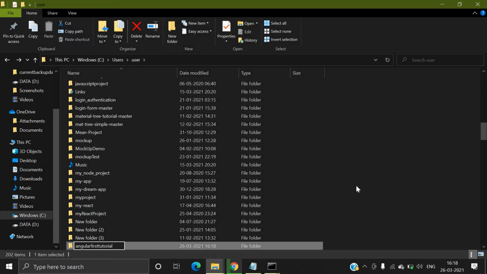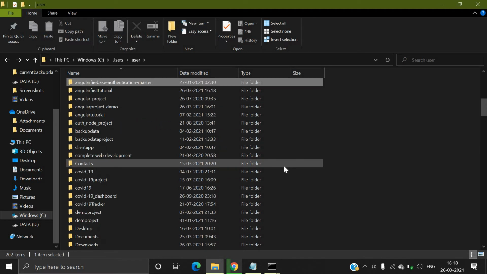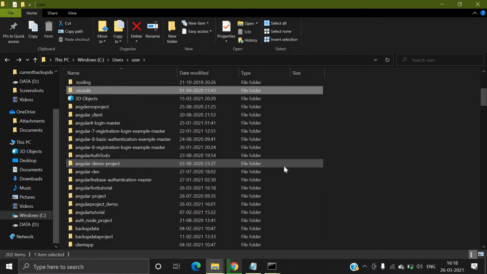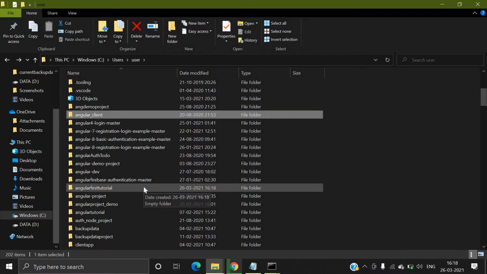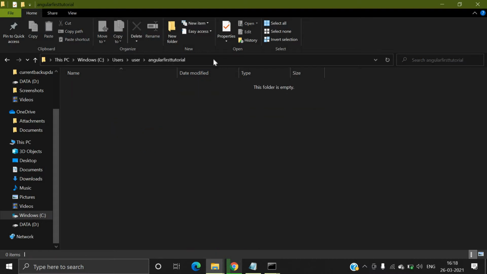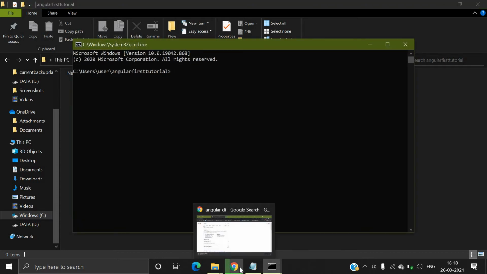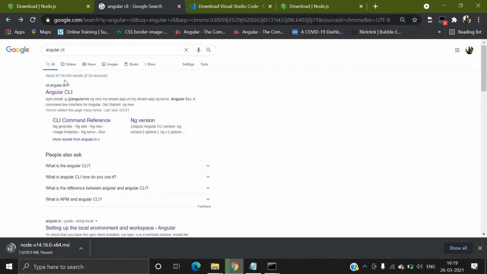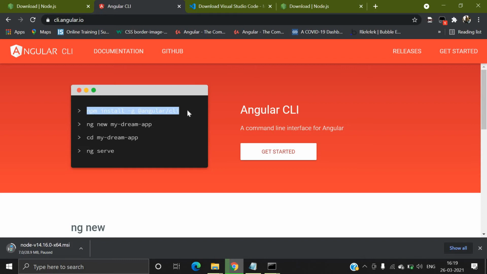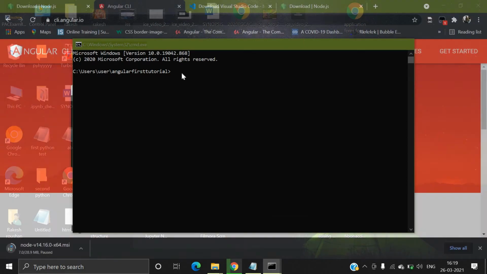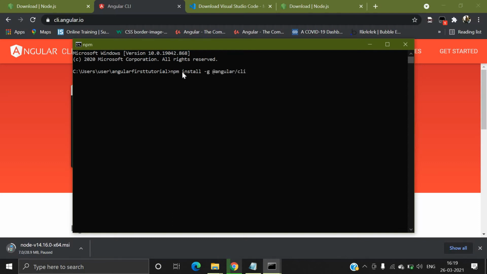I will go inside this folder, open cmd, and in this folder we will install Angular CLI. How do we install Angular CLI with the help of npm? You can use this command. I will paste it inside. It will take some time.